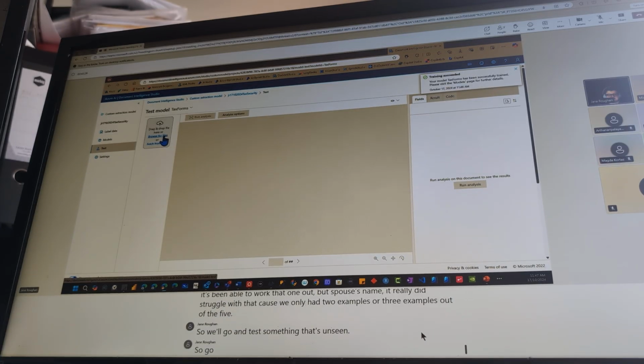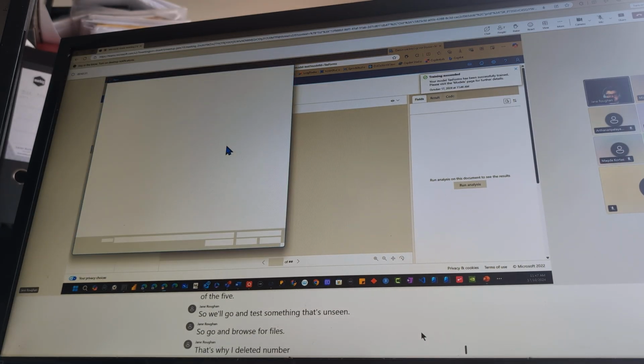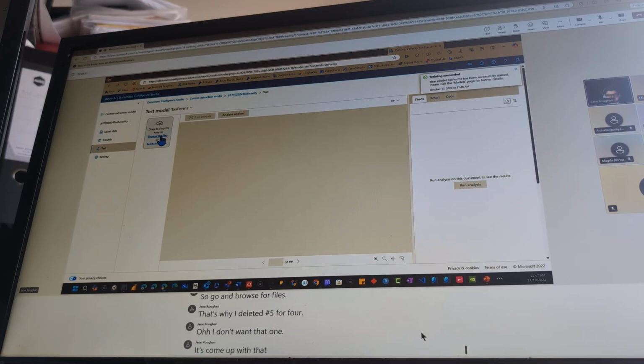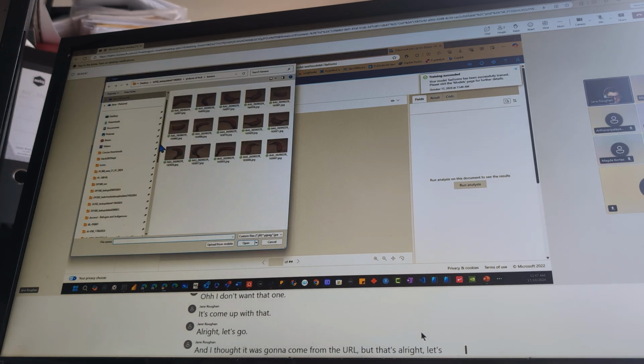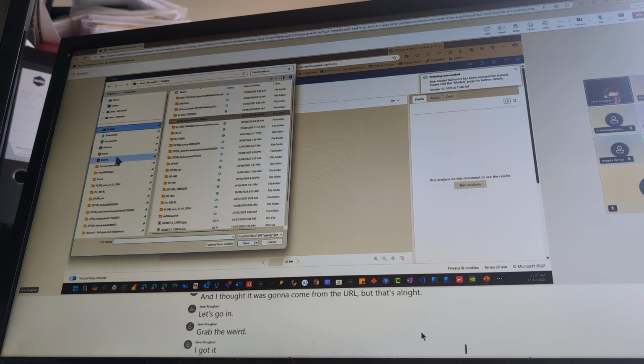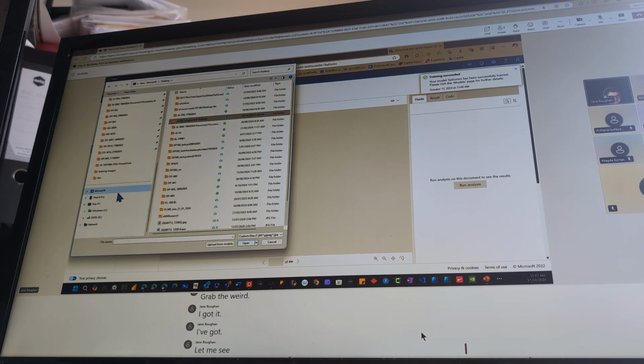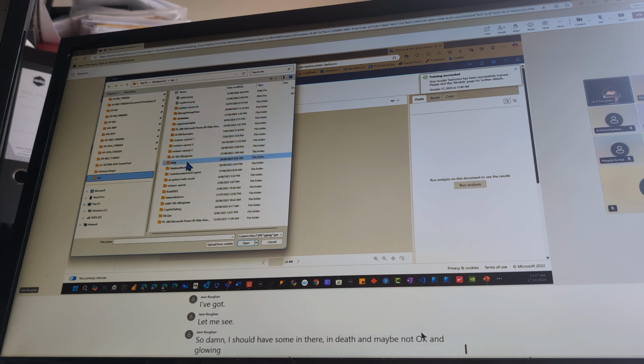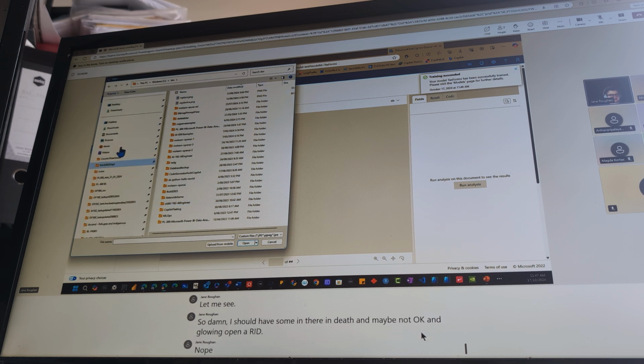So go and browse for files. That's why I deleted number 5 before. Oh, I don't want that one. All right, let's go and, I thought it was going to come from the URL, but that's all right. Let's go and grab, where had I got it? Let me see. So dev, I should have some in there in dev, and maybe not. Open AI. Nope. Right, go back up to,